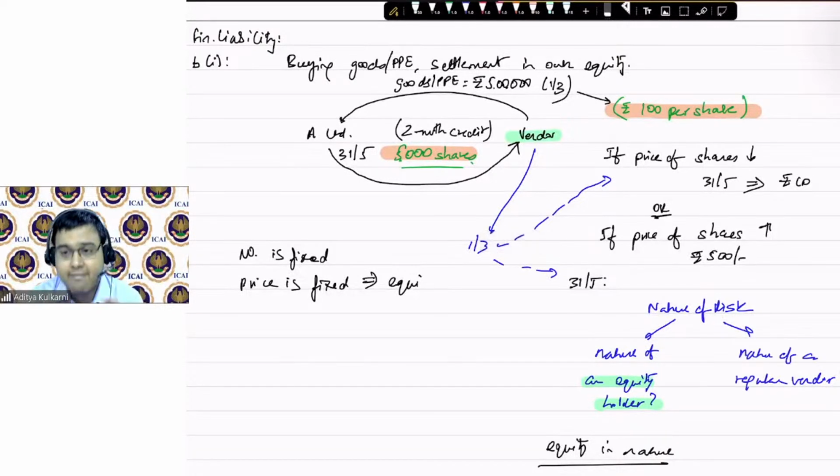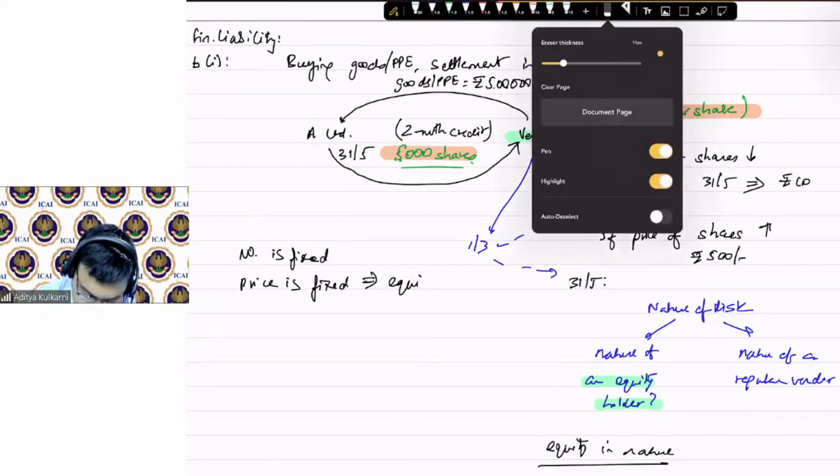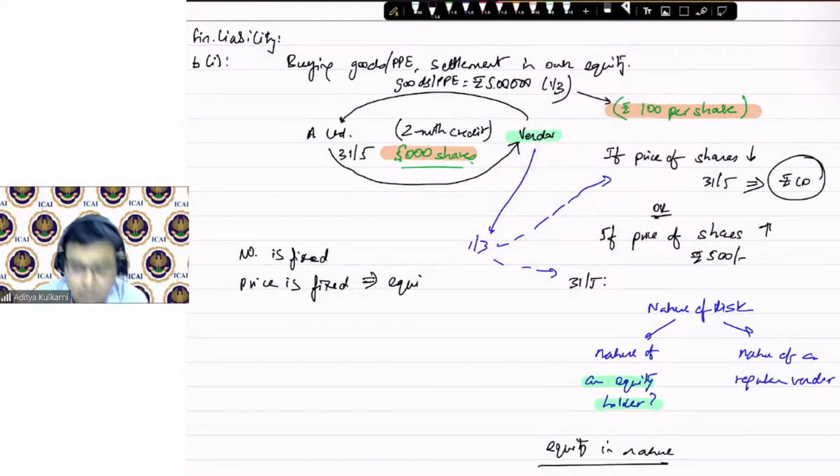So what I will do is, I will accept the shares depending on the price which is prevailing on 31st May. I will not accept shares at the 1st March pricing just on your word. That means if the price is ₹10, if this is case 2, how many shares will be issued? Sir, 50,000 shares will be issued.